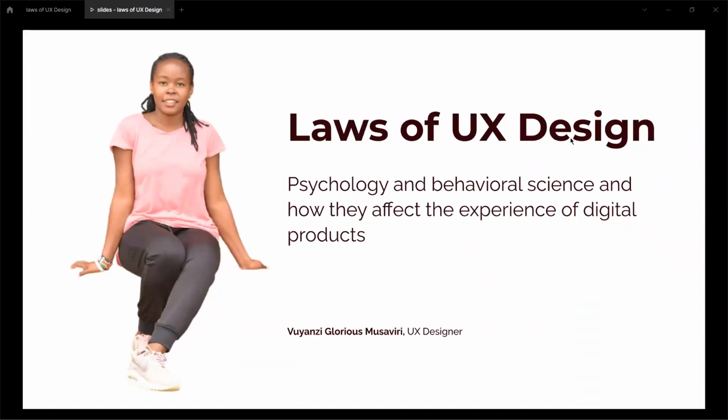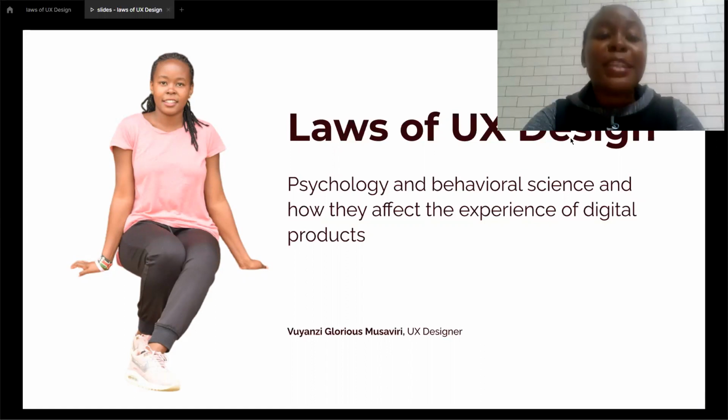So this is me. This is not me right now. It could be me. This picture was taken 2 years ago, but I wanted to use this pink in my slides. So I looked for an image that had that particular pink. But yeah, so